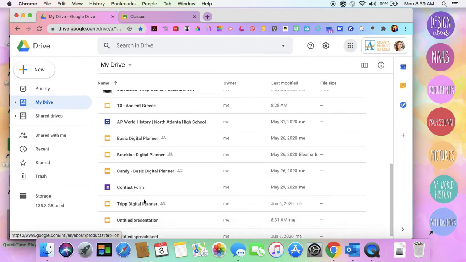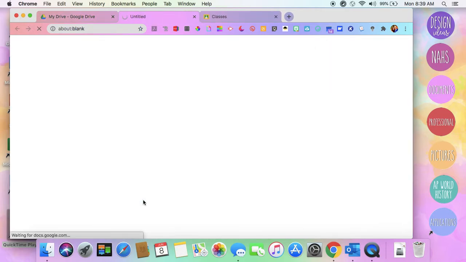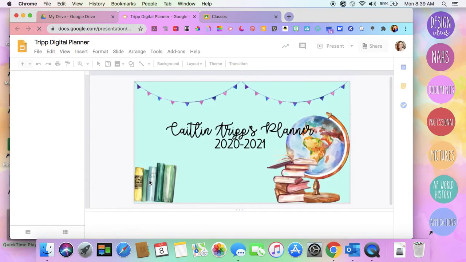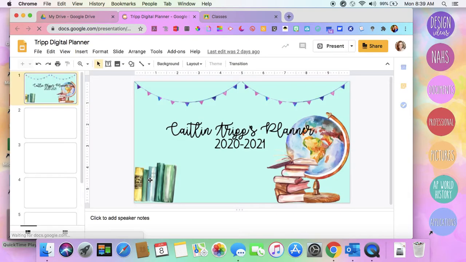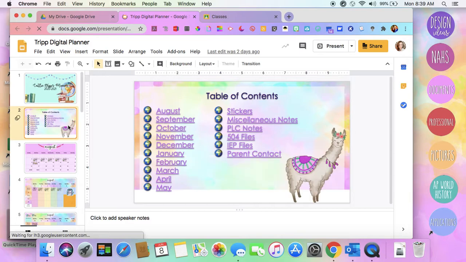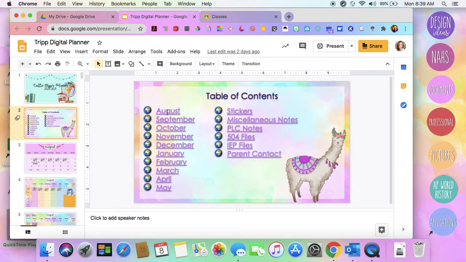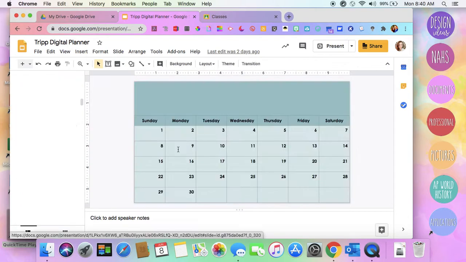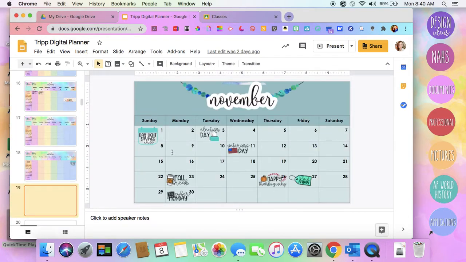So looking at my personal planner here, I've done this in Slides, and I suppose you could do this in PowerPoint as well, but by doing this in Slides and uploading it to my Google Drive, I can share this personal planner with colleagues so that we can plan together. I'm also able to embed links into the slides that will link me to different pages, like November, for example. I can click on that, takes me to slide 19, and then here we have all of my November content